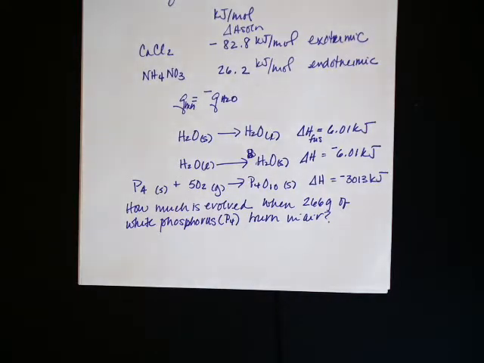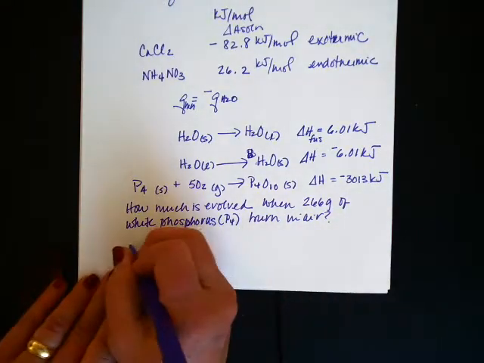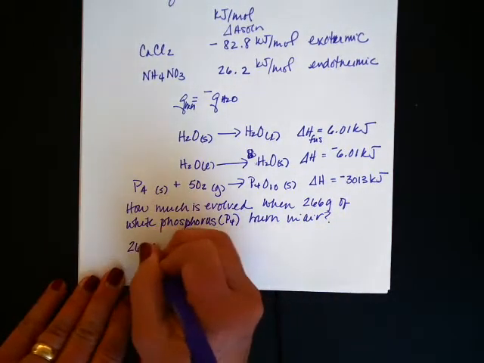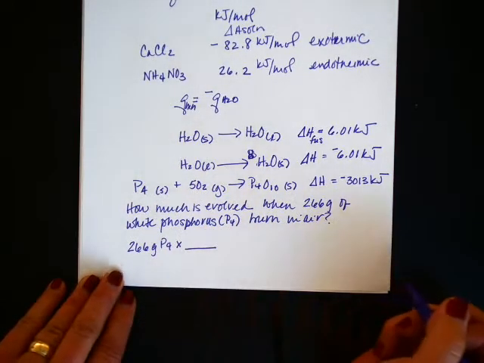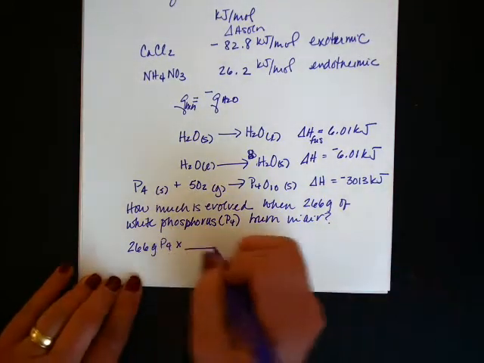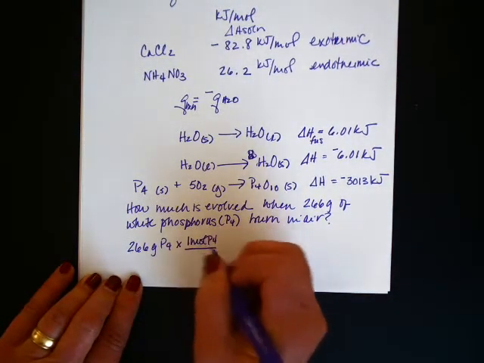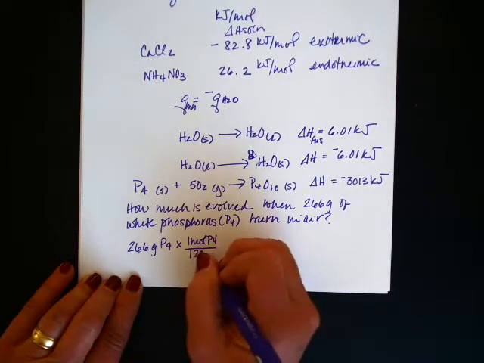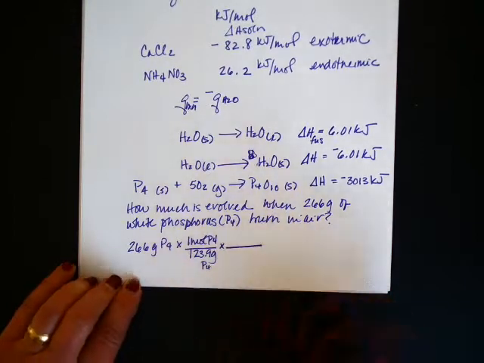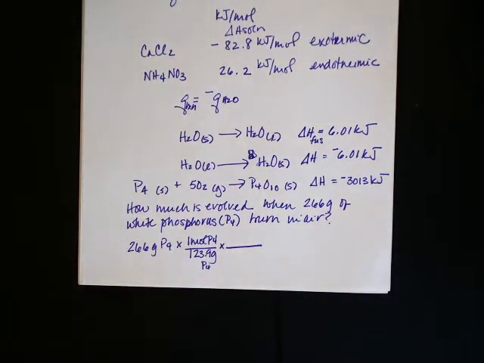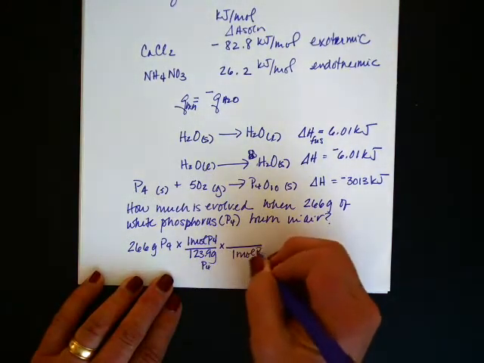And this is another comment I meant to make, and I'll come back to it in a minute. So we're going to start with our mass of P4, and we're going to convert that to moles. So we'll need the molar mass of P4, and that's 123.9 grams. And then I can use my delta H as a conversion factor. Per 1 mole of P4, I generate